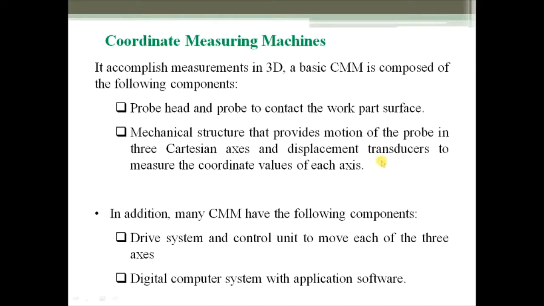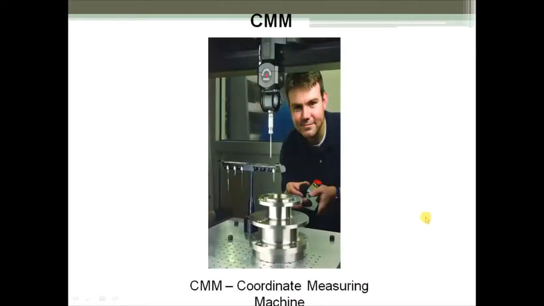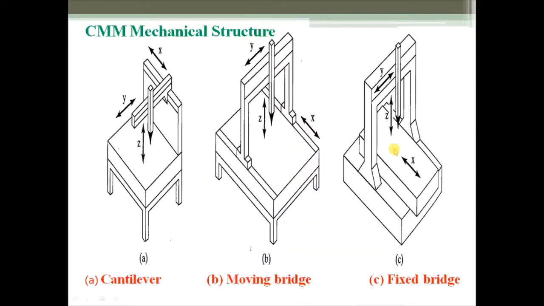Next we are going to see one of the coordinate measuring machines. You can see the probe and probe head, and here the part whose parameters you can check: the roundness, flatness, and cylindricity. These parameters can be checked by using this CMM machine. And this is the joystick to control the movement of the probe. That we will see.